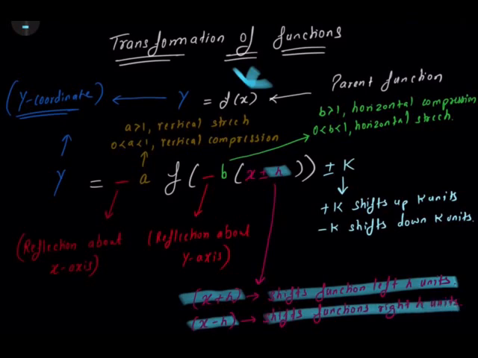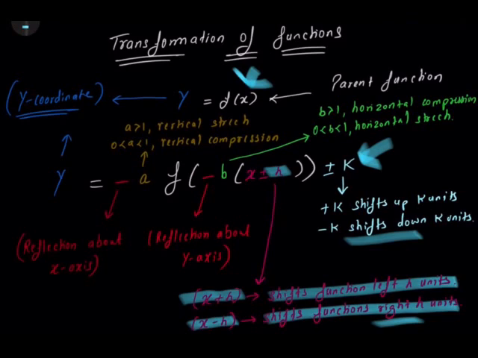So it's a vice versa situation as compared to k, because if k is positive, it shifts up in the positive direction, but here if h is positive, it shifts to the left, not right, which is positive to the x. So it's a reverse situation if we compare it with vertical transformation. This k we also call vertical transformation, and this h we call horizontal transformation. That is why we are calling it shift down and up, and left and right. So k is vertical transformation and h is horizontal transformation.